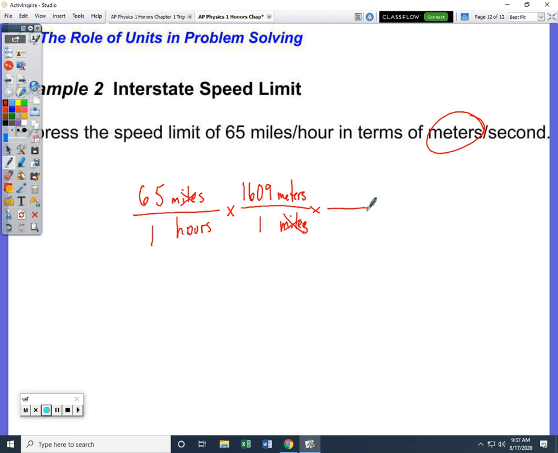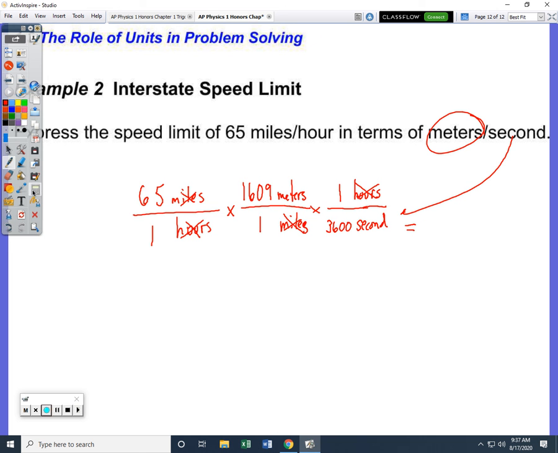And then we do the same thing with our hours, but this is why I wrote it that way. So I want you to realize that now hours is going to be on the top, and seconds is actually going to be on the bottom. It's going to be in the denominator. And so here I'm trying to find a conversion. We know that there are 60 seconds in a minute and 60 minutes in an hour. I take 60 times 60. That's 3,600 seconds in 1 hour. That's going to get rid of my hours and leave me the seconds. Now I've got my meters per second. We just have to convert this over and we should be good.